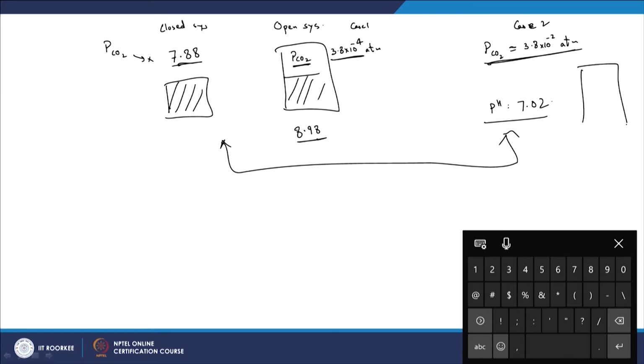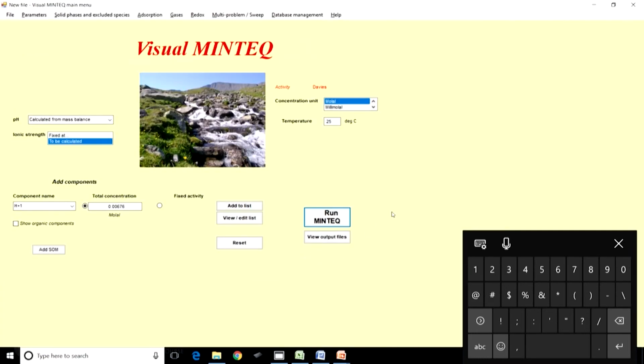It means that CO2 entered the system, H2CO3 was formed, and that is why the pH fell. In the other case, the CO2 left the system. That is the difference between the pH of 8.98 and the pH of 7.02. So again let us go back to Visual MINTEQ here,